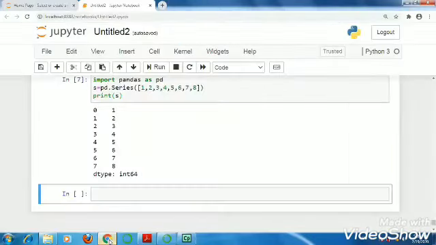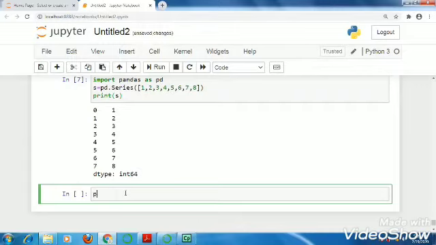So just switch over to our Jupyter notebook. Here I have created a series. This is the statement: import pandas as pd, s equals pd.Series, 1 2 3 4 5 6 7 8. One list I have given, and then print s. So the series is printed. Now suppose we want to select row number 4, or you can say the value at the index number 3 from the series.